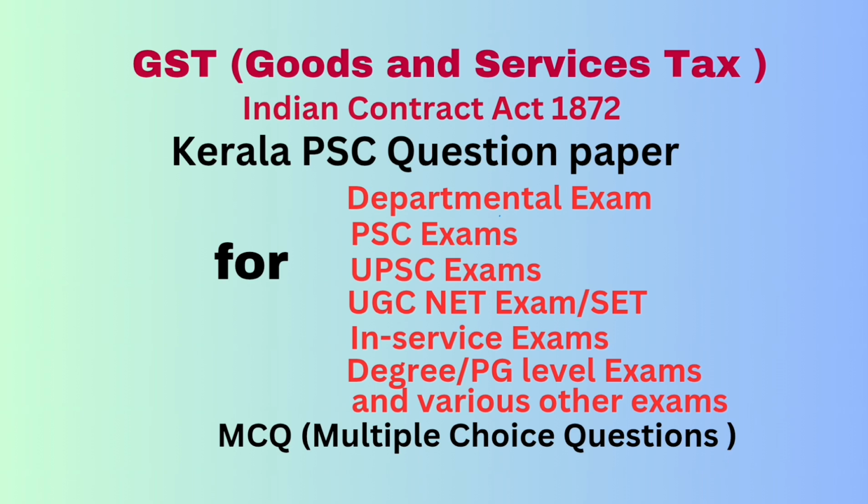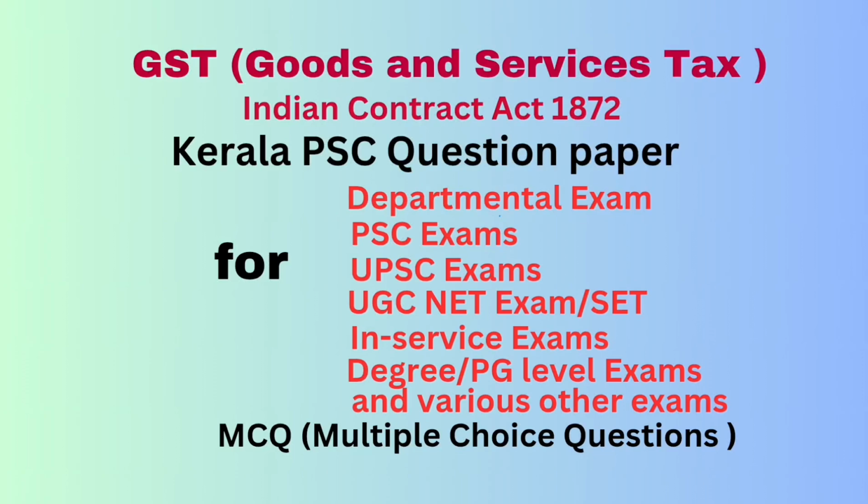Question number 74. Dash is not necessary to create an agency. Answer: option A consideration, option B age of majority for agent, option C sound mind for agent, option D ability to show responsibility towards principal. Correct answer: option A, consideration. Question number 75. Dash is a contract to do or not to do something if some event collateral to such contract does or does not happen. Answer: contingent contract.